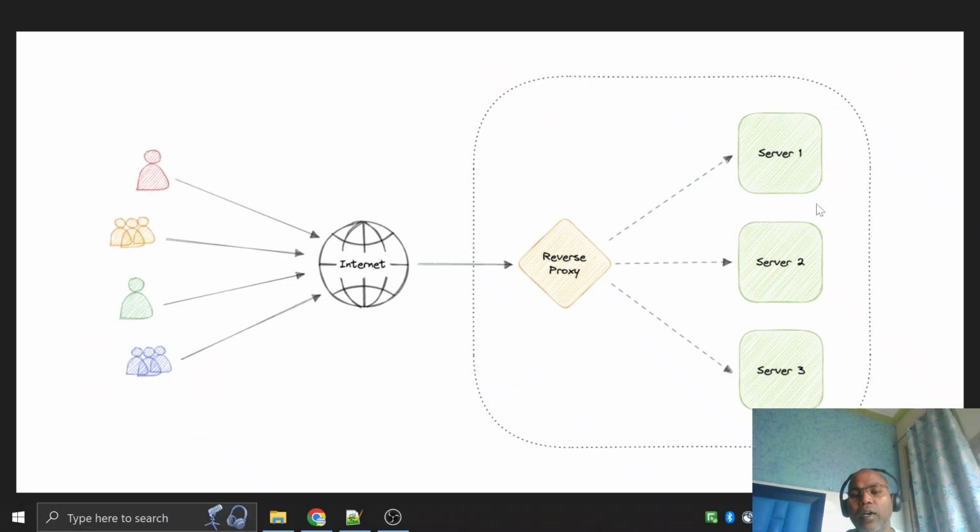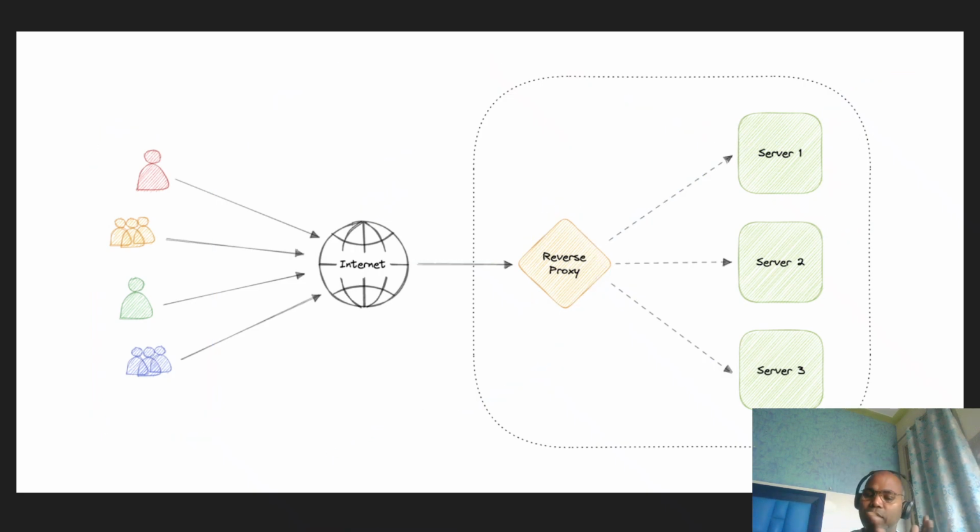Hope it's clear what is meant by forward proxy and reverse proxy. Nowadays, for all web and mobile applications, we generally use a proxy server.